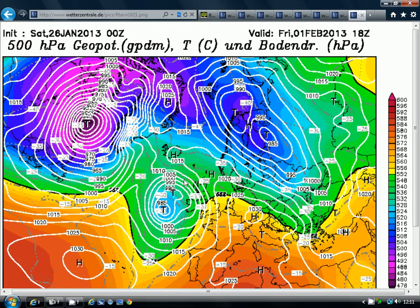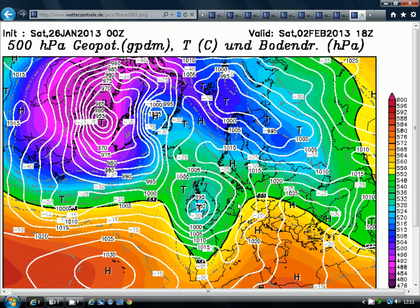We've got this area of low pressure starting to move in from the Atlantic, but we've also got a ridge of high pressure. So we probably start Friday on a frosty note, and then east areas staying mainly dry with sunny spells, but